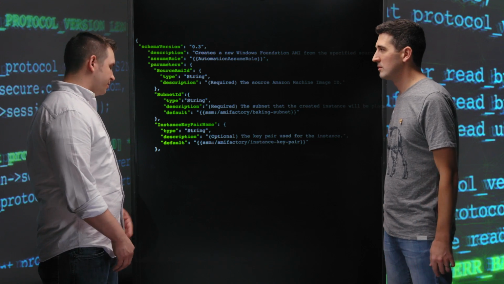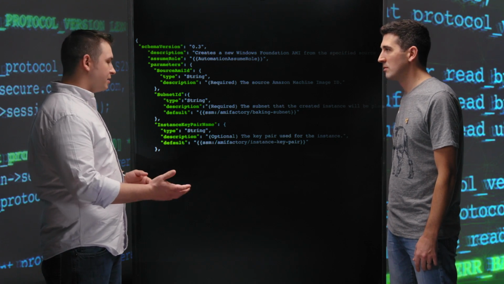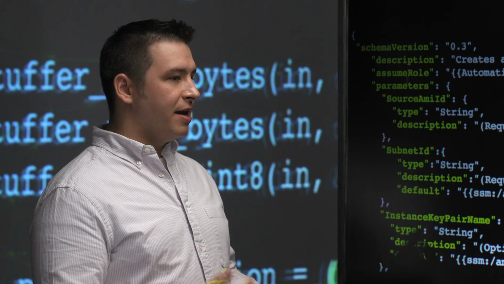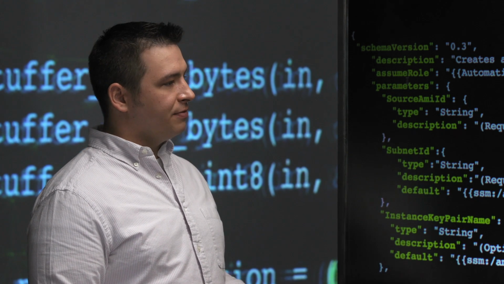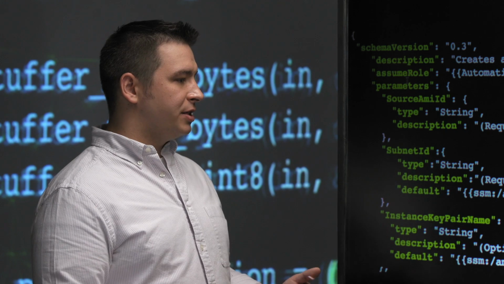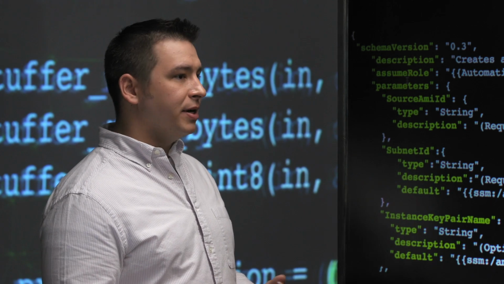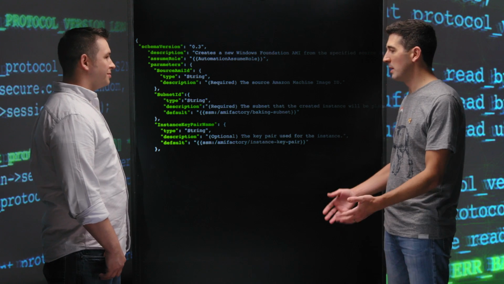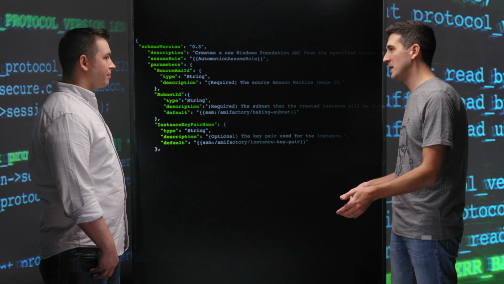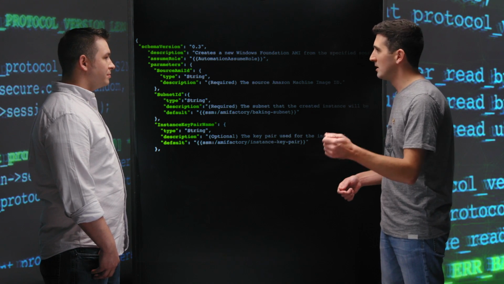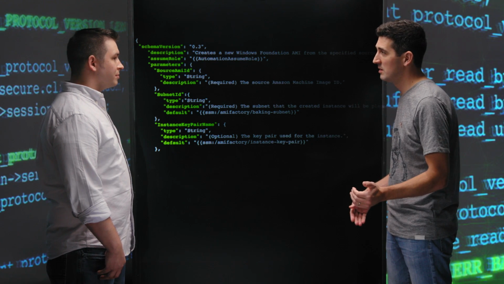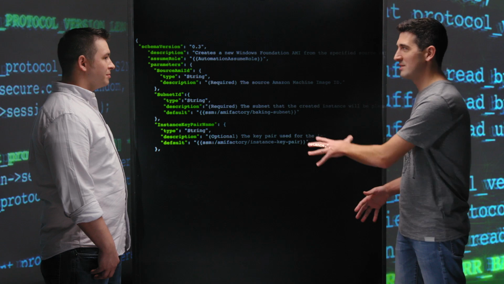Sure. So it starts with an SNS topic that AWS supplies that notifies us when new Windows AMIs are available. We built a Lambda that subscribes to that topic, which kicks off an instance of a state machine execution for each of our supported operating systems. And when you say state machine, are you using Step Functions for that? Yes. Okay, so when we publish a new AMI, it fires off an SNS, that in turn triggers a Lambda. Lambda then starts Step Functions and it steps through the process of baking the AMI? Yes. Got it.